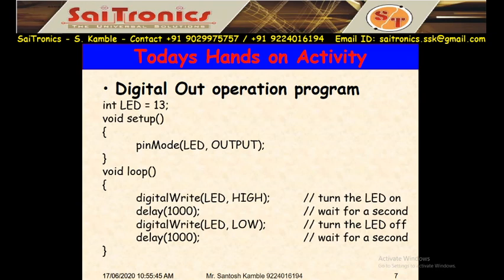In this code we will change the pin number. If you change 13 to 12, then the green LED will glow. 12 to 11, the white LED will glow. 11 to 10, the relay will turn on and off. And 10 to 9, the buzzer will turn on and off. So we are performing these 5 practicals using this same program.